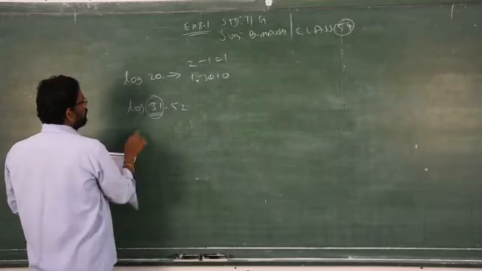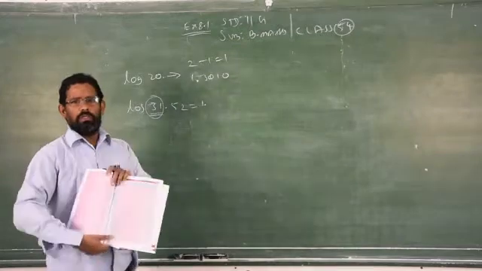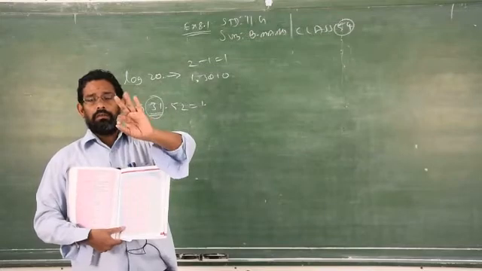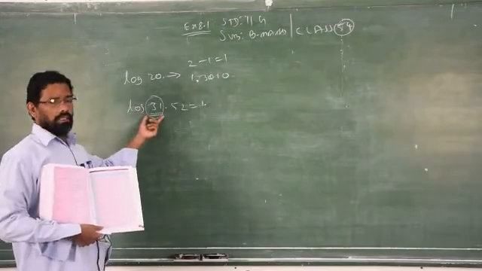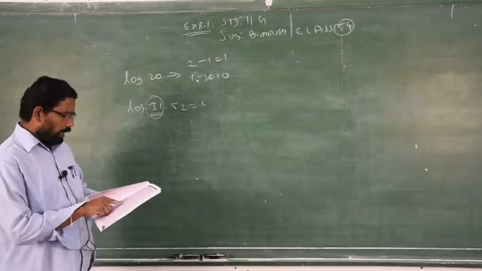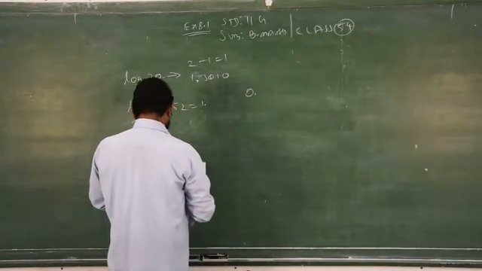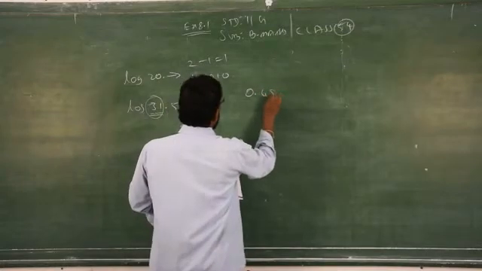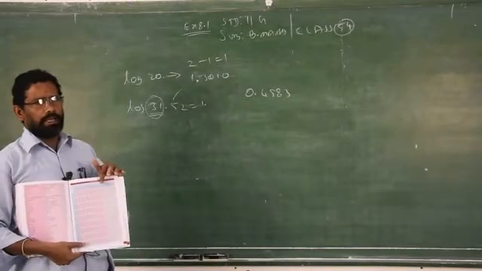So for example 31.52. Here the number of digits is 2, so 2 minus 1, 1 point. Now 31: you have to take the first 2 digits, always in the first column. When 31 is not there, it will be given as 3.1, but it doesn't matter about the point. 3.1 you can consider 31. So 31 under 5. Where will 31 come? 31 under 5 is 0.4983. So for the third digit you have to see the numbers from 0 to 9.